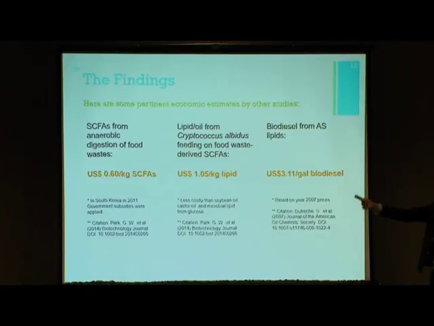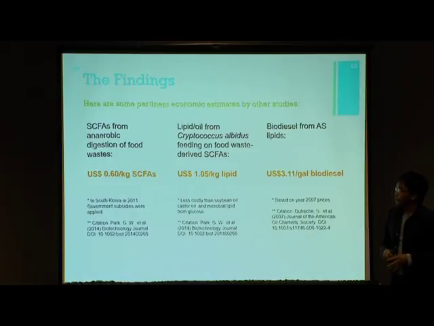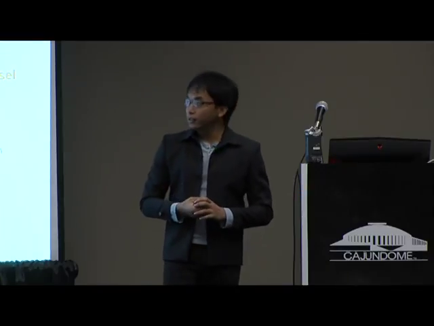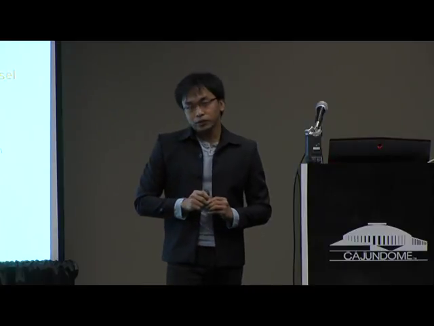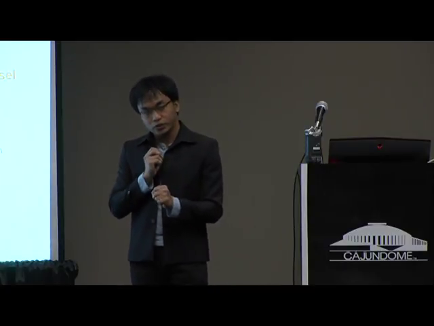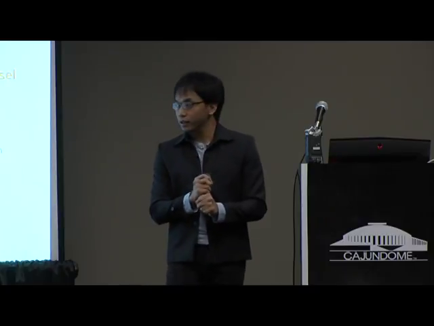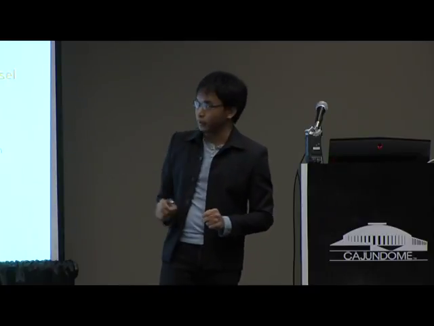So I'm borrowing here some numbers from previous literature sources to show the numbers. For the first part, the production of the short chain fatty acids, one study focused on the production of short chain fatty acids from food waste. And that's an interesting one, the food waste, because it is high in organics. Also in this paper, they were able to show that we can produce cheap short chain fatty acids from our food waste. That's why I picked the paper.